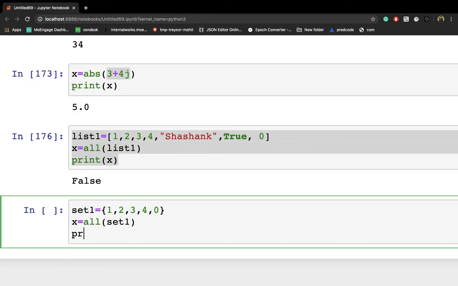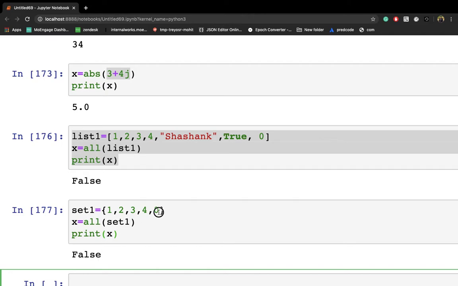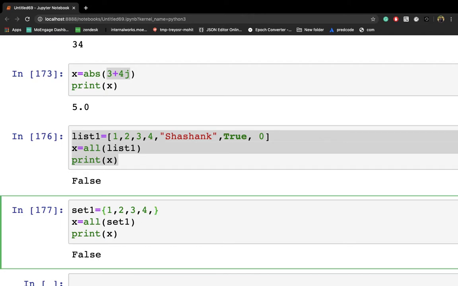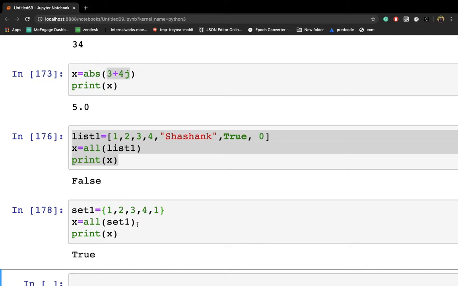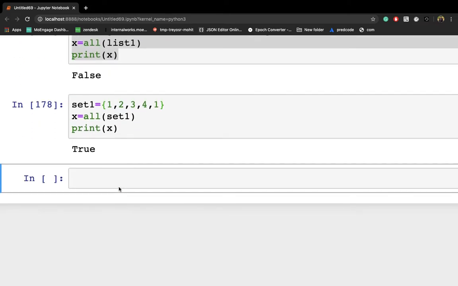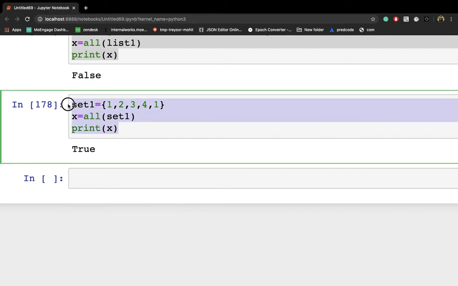Let me print this x. You'll get false because one of the values is 0. If it is 1, you'll get a true result. You can similarly practice it with a tuple as well. You can mention the tuple here, do the same thing, and you'll get the same desired result. But there is one twist with dictionary.